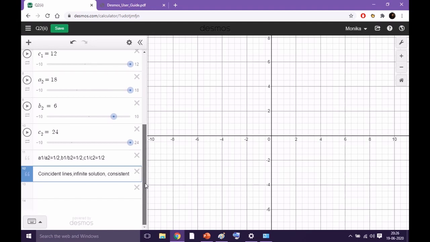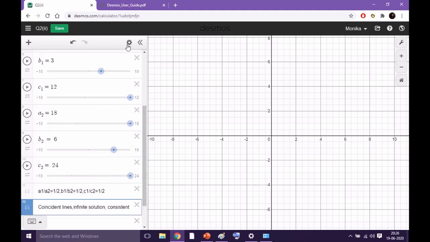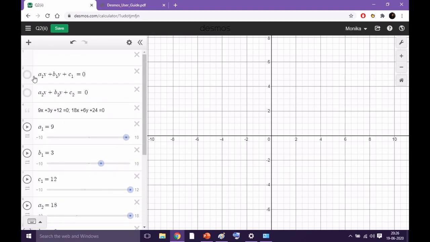Now we will see whether whatever we have done is right or not. We can cross-check this. Look here, if I draw this one line and this is the second line, both the lines are overlapping. So you can say that this system is consistent, having infinite solutions, and the lines will be coincident. So please remember these three conditions. You have to compare the ratios, and on the basis of that comparison you can say whether the system of equations is consistent or not, and what type of graph you are going to get.